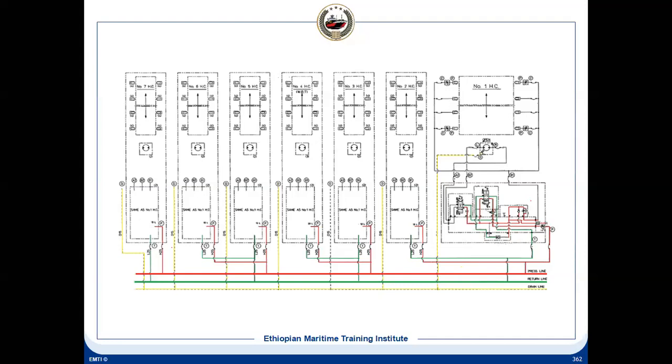Otherwise the hatch cover will not move. These are the interlocks that have to be provided, and the system itself has the interlock. Even if you operate it, it will not work. The pressure will not go to the hydraulic motor to move the hatch cover. That will only happen once your auto cleat is released and your hydraulic jack up is done, so that the wheel is on the track.